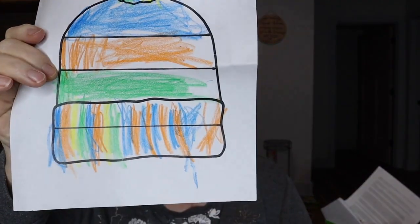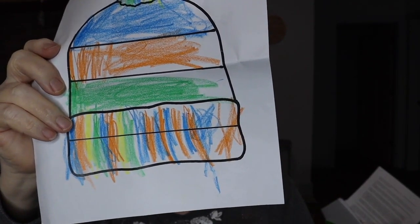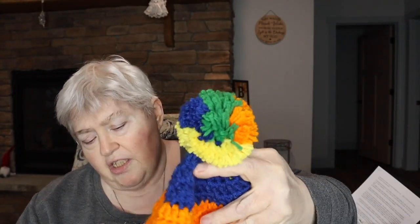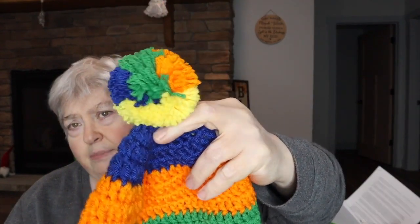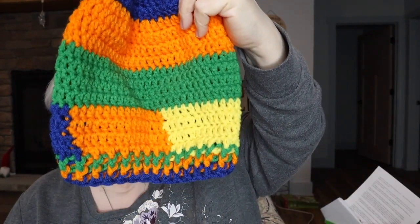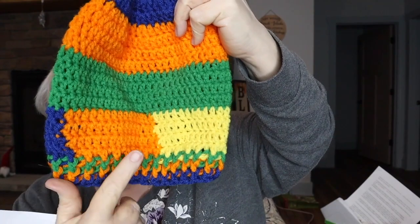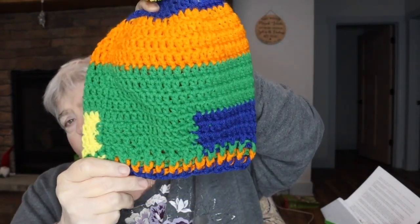let me show you the picture, because I wasn't real sure how I was going to get it accomplished. And most of it had to do with the pom-pom. Now, I could not do this up and down here at the bottom, you know. There's just no way in crochet, so instead, I changed it to each one had a row. But there's the pom-pom in that little bit of a row. I did attempt to do a couple of rows around this way, this color, a couple around that way,